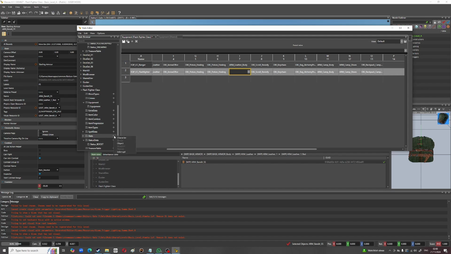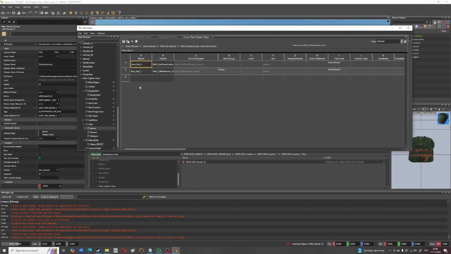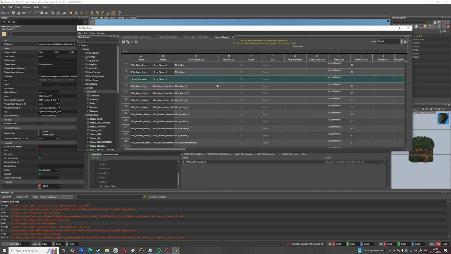So you can go here and you can go to stats. Let's go here and go to armor. And you could basically create some armor here. If you want to look at the stats of some other specific armors, you can go up to shared. You can go into, not into equipment, but you would look at stats armor and say if there's some specific armor that you would want it to be like. Say if you want it to be like